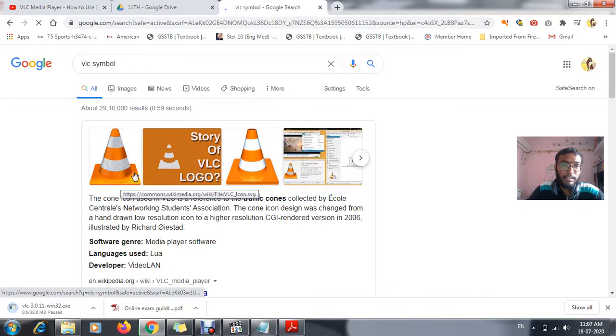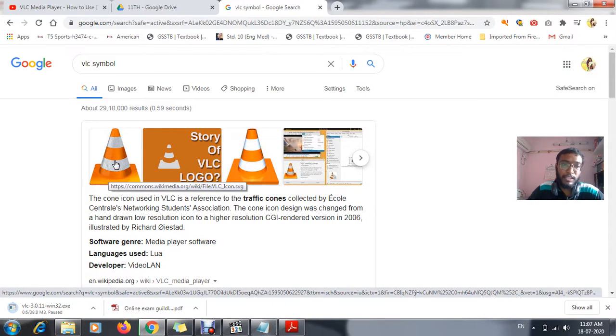See, I hope this symbol you have seen. This is your VLC media player. The full form of VLC is Video LAN Client.